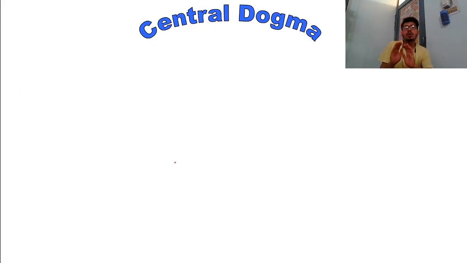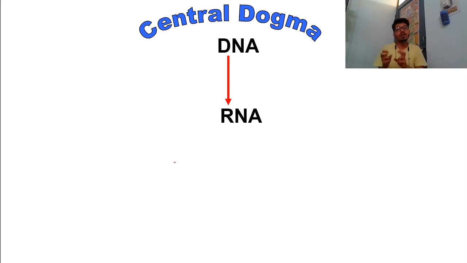Let's try to understand the central dogma of biology. First of all, DNA is a polynucleotide chain. This polynucleotide chain can replicate and form other DNA, which is called DNA replication, so the DNA copying machinery is maintained by DNA replication. After DNA replication, the second process is DNA to RNA. This process is governed by transcription. Transcription can give rise to various RNAs, of which messenger RNA is really very important.